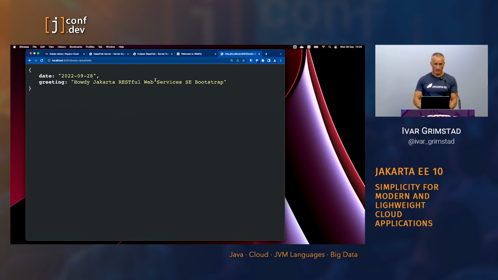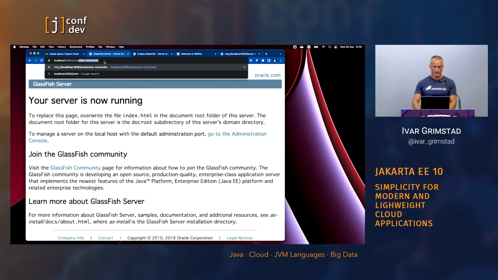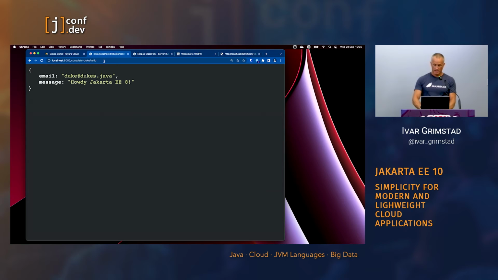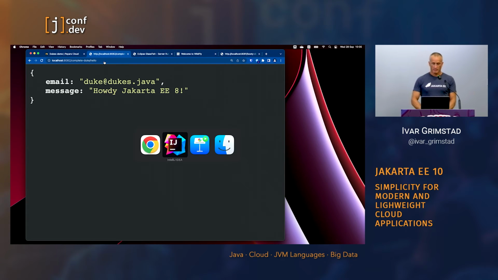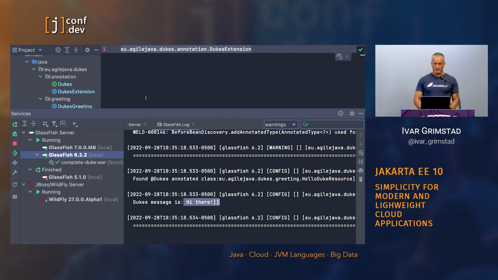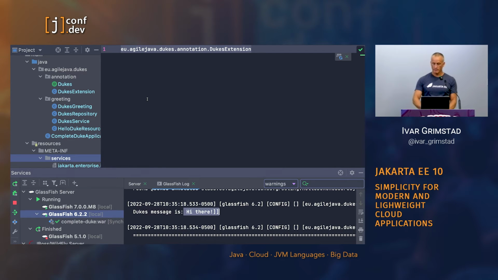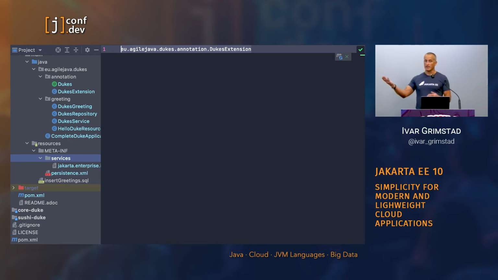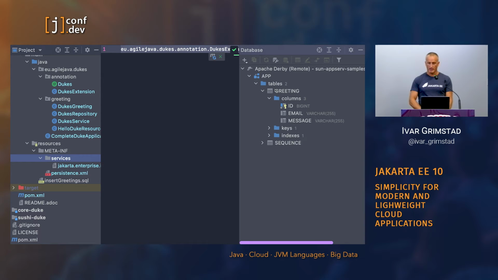And let's look at the application. GlassFish is running on 8082, and I have complete dict, and it says, hello, Jakarta EE 8. Wait a minute, we're on 9. And this is the dynamic stuff. So my test data here is generating my message being Jakarta EE 8. So what I can do there is to go in and open the database,